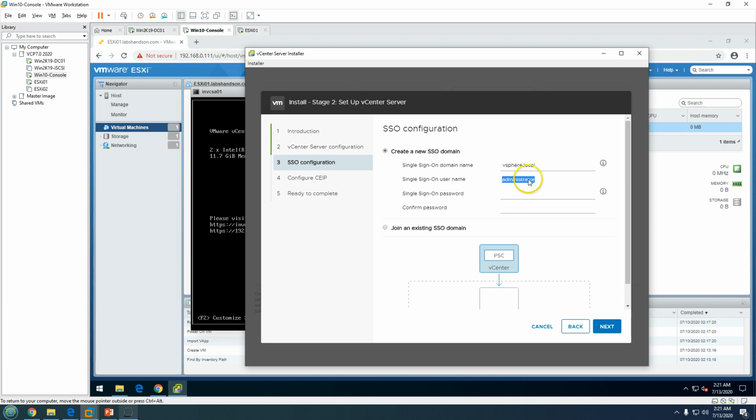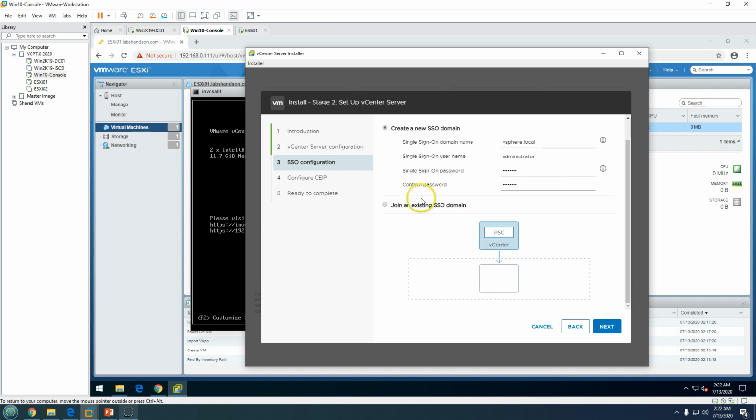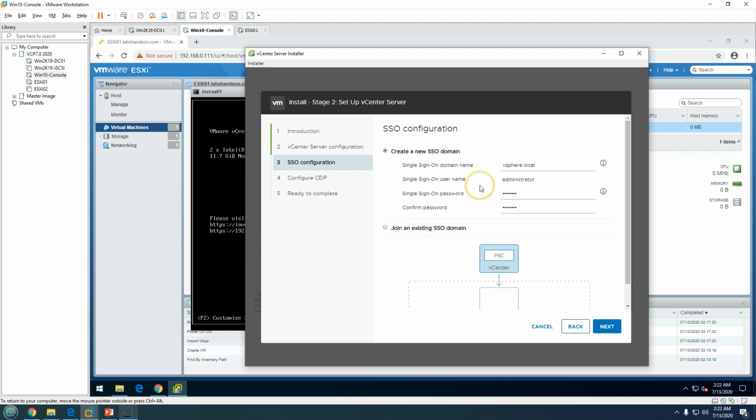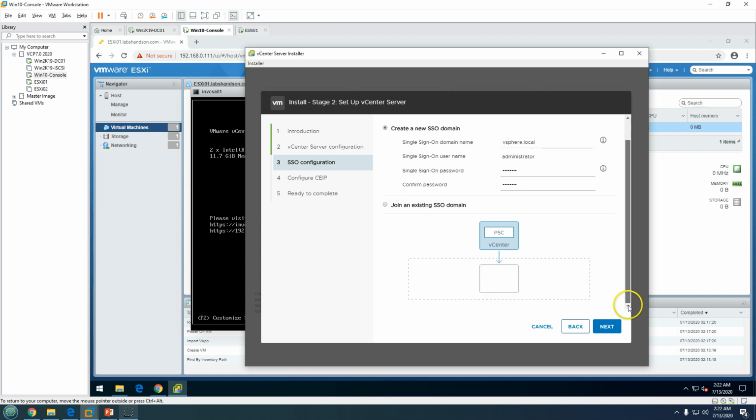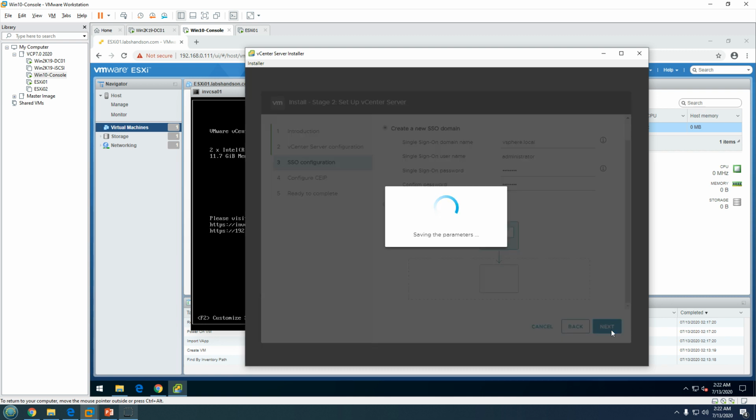So this is the main administrator password by which you can log into vCenter server. So I'm going to set my password here. So if you have an existing SSO domain, you can definitely join it. So I'm going to create a new one, since this is the first vCenter server in my infra. So click next,